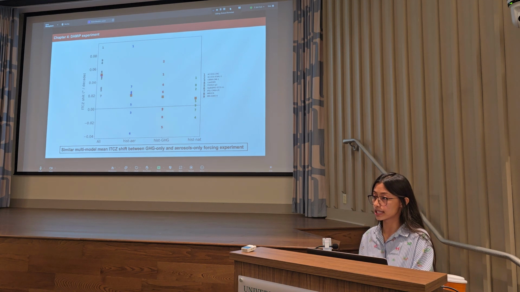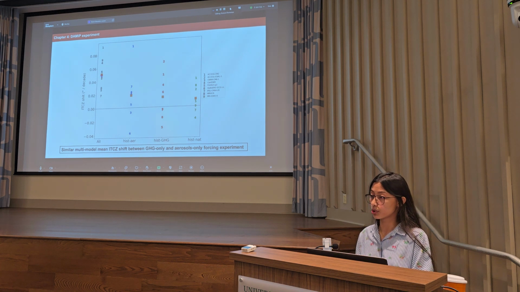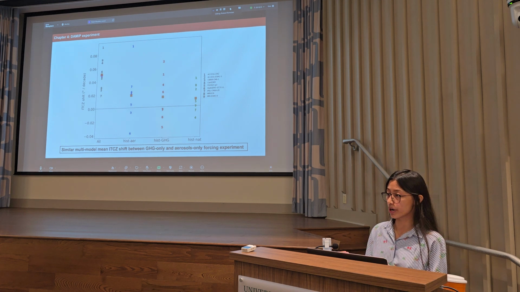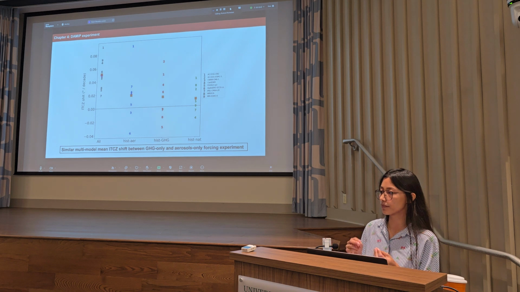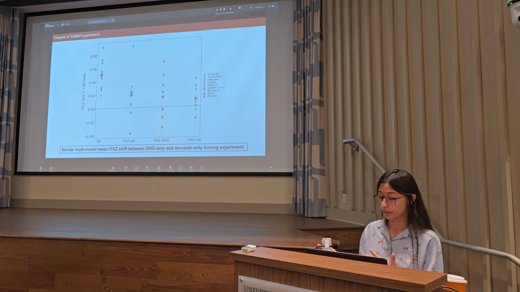The blue numbers represent the aerosol-only forcing, the red represent the greenhouse gas only forcing, and the greens represent the natural-only forcing. And we find that all these three different single forcing experiments simulate some magnitude of northward ITCZ migration over this period, at similar rates between the greenhouse gas forcing and the aerosol forcing, but at the same time smaller than the all forcing ensemble. Thus, all three forcings in some way have contributed to a northward migration, but not one single forcing, at least from this plot, can explain this northward migration in the coupled models.